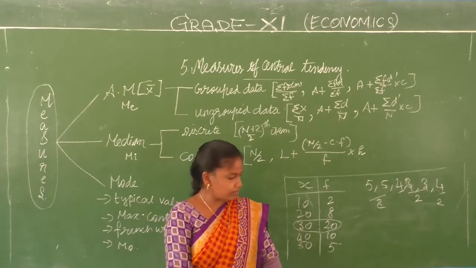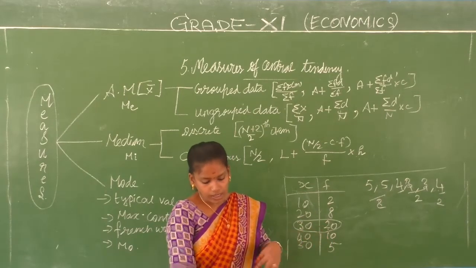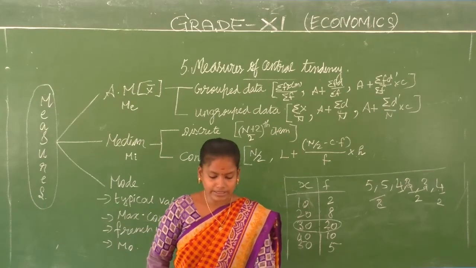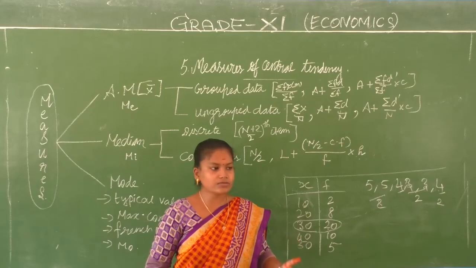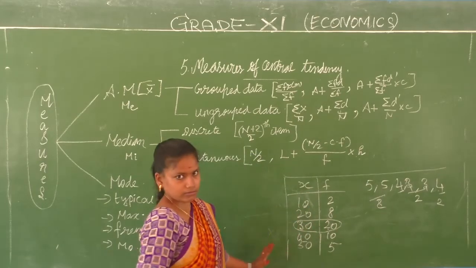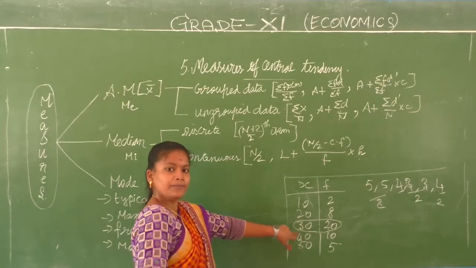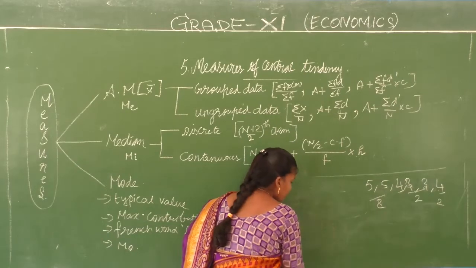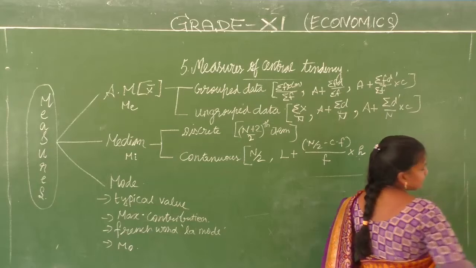When there is one mode, it's unimodal. When you have two modes, bimodal. When you have more than two modes, it's called multimodal. That is for a discrete series. Very easy. Wherever the frequency is more, that particular variable is considered to be its mode. What are we going to do now? We are going to discuss